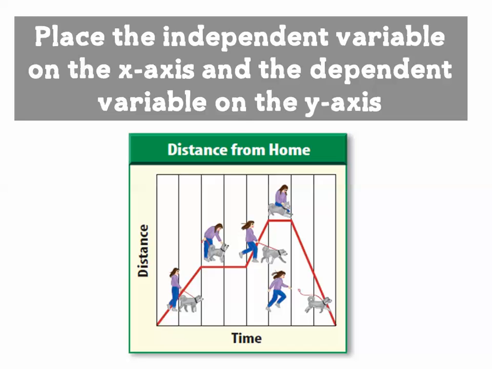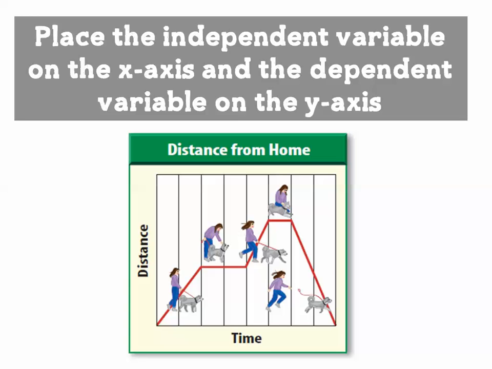So when you're making a graph, you're always going to want to place the independent variable on the x-axis and the dependent variable on the y-axis. Remember that the independent variable is the variable that changes the dependent variable. So in this case,